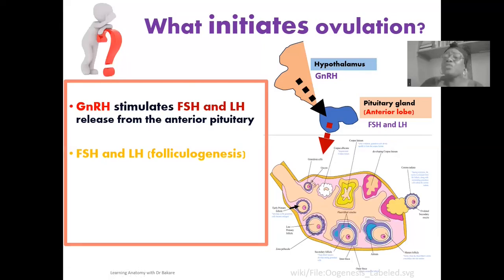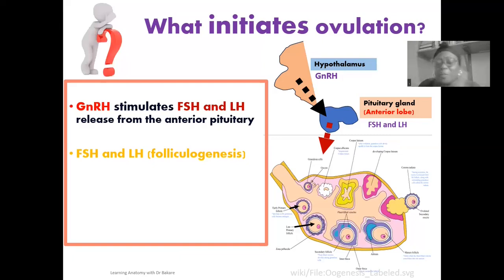This is further transformed into the late primary ovarian follicle, also referred to as the multilaminar primary follicle. So you see how the primordial follicle is transformed into the early and the late